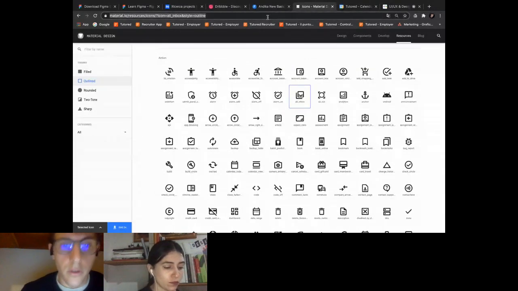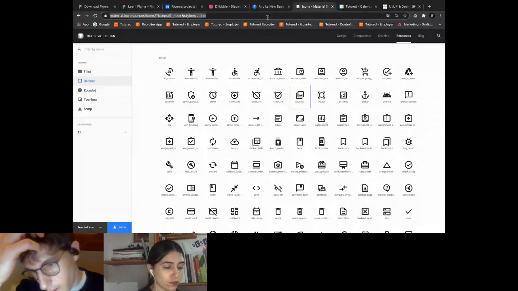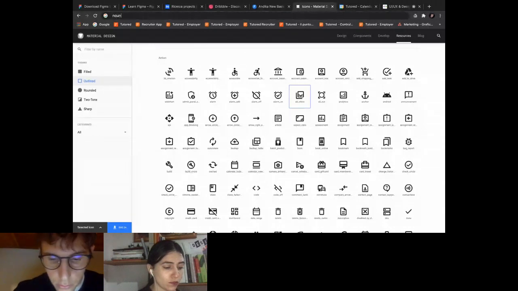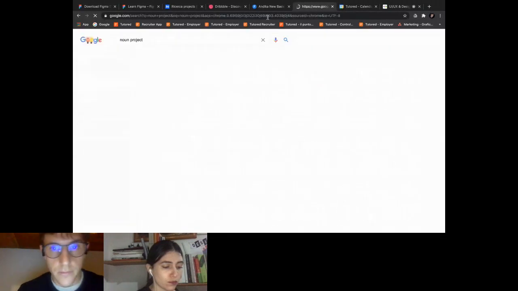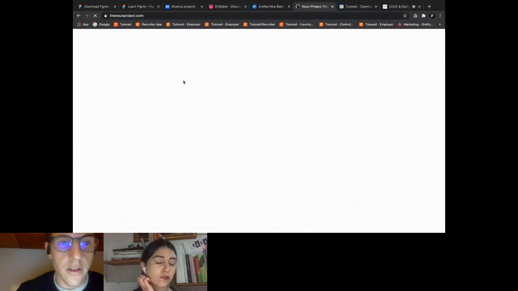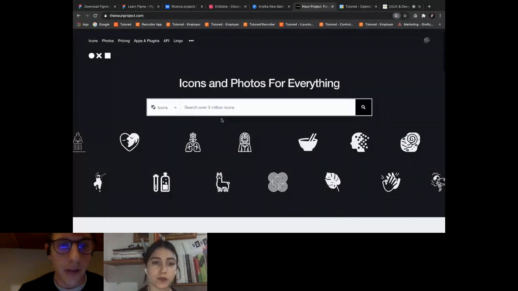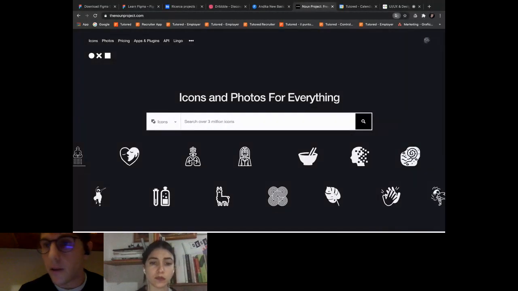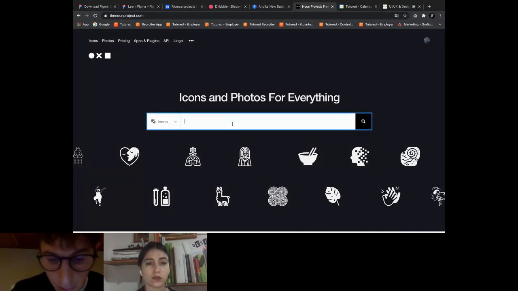You can use also more creative sites like Noun Project. Here there are a lot of types of icons you can find and download. It's more difficult on these sites to choose icons in the same style.